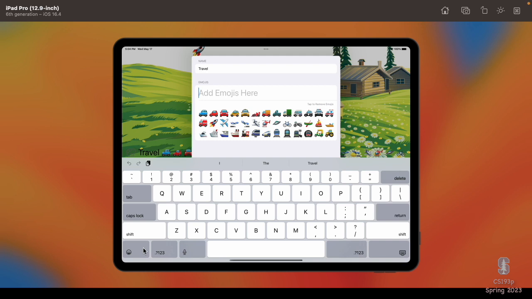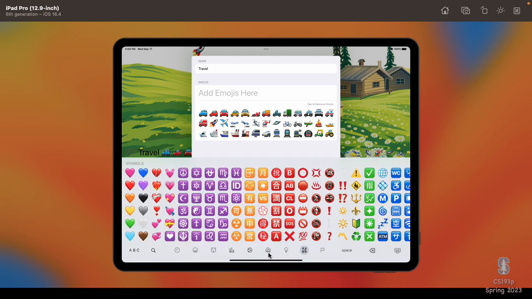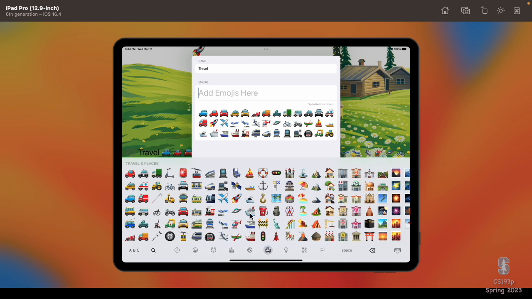This is travel. Let's go look for it in our emojis. We have travel here somewhere. Where is travel? There it is. Okay, maybe add a couple of ships. Now, notice that I actually double click, type. That's okay because it uniques them. It only adds one. And see how it's adding it to the front of the list of emojis? This list of emojis to remove, that's coming straight out of the model. So as I'm adding to the model, it's just updating automatically.